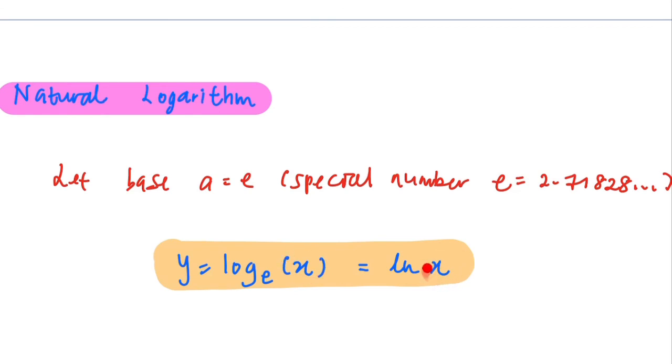Since you have argument x here, you can take care of the domain. The domain is x must be more than 0. And for the range, it is all real numbers. We will see this later when we are graphing log